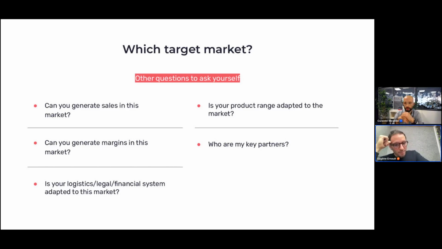So adapting to that is obvious, but important to remind. If you can't sell your product, or it takes a lot of time to set up the possibility to sell in terms of logistics or legal or financial, of course, take that into account. It's obvious, but